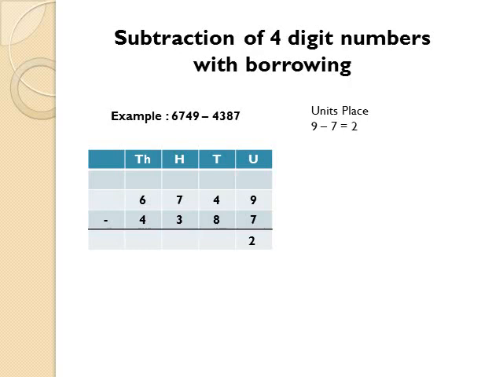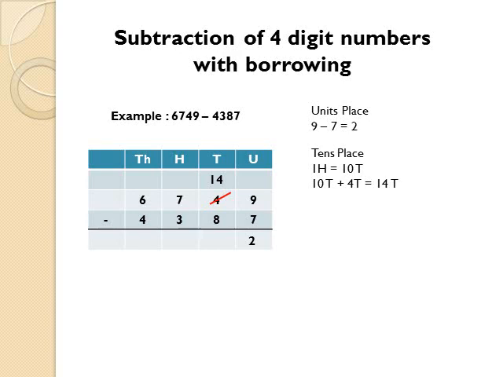Now see the digits in tens place. We cannot subtract 8 from 4. So we need to borrow from hundreds place. And when we are borrowing, hundreds place gives us 100. That is 10 tens. Now see the tens place carefully. Actually, we have 4 tens with us. Plus, we borrowed 10 tens from hundreds place. So, now we have 14 tens with us. So, strike out 4 and write 14 above 4.